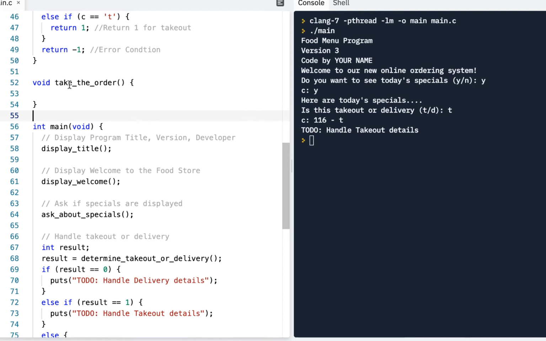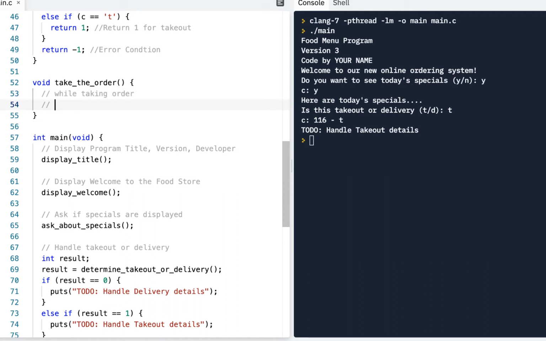Now, when we think about how this is going to work, we want to prompt the user with the choices, and then let the user determine what those choices are. And we want to keep doing that over and over until the user says they're done. Okay, so in other words, what we want to do is while, and this is something new, we'll say while taking order. So while we're taking the order, what we want to do is display menu,